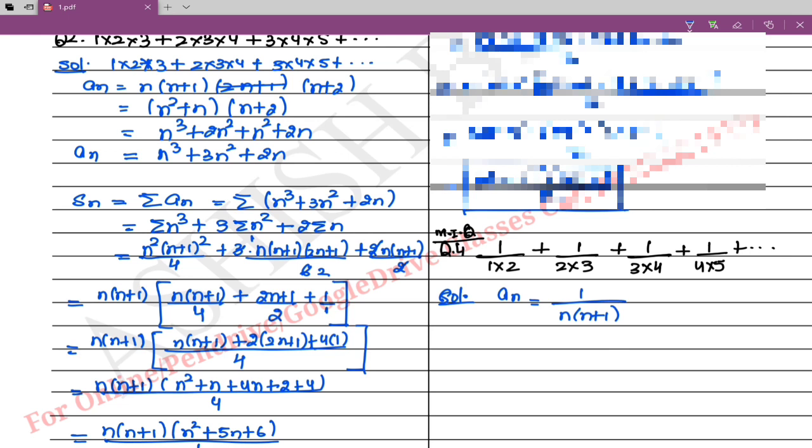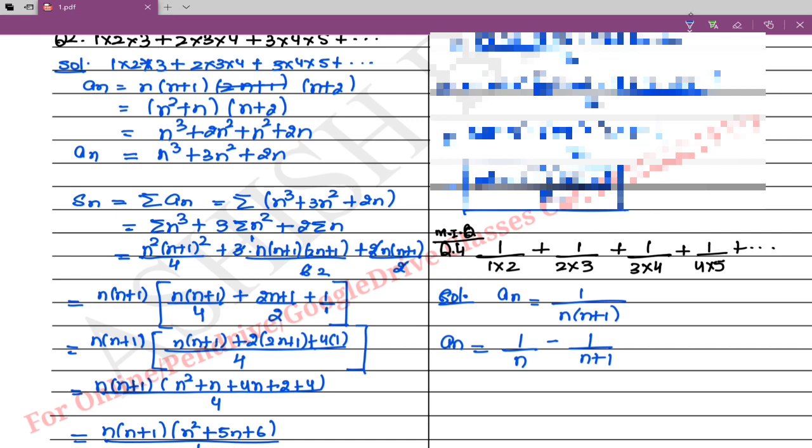Let's see that. Now there is a concept of partial fractions which will be introduced to you in class 12 in the chapter of integration, but I have given a small demonstration of its purpose in the class videos, so please refer to that also. Now 1 by n into n plus 1, by using the partial fraction, can easily be written as 1 by n minus 1 by n plus 1. So basically the partial fraction is to write the denominators in the form of plus and minus, in separate terms. So if you take the LCM, you will again get back the same result. So I can write an also this.